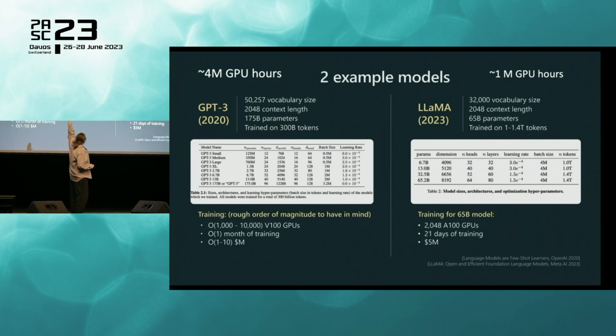On the left here is GPT-3 that was trained in 2020. It took about 4 million GPU hours to train that model. It was trained only on about 300 billion tokens. This is back when people thought that you'd train a model on roughly the same number of tokens as it had